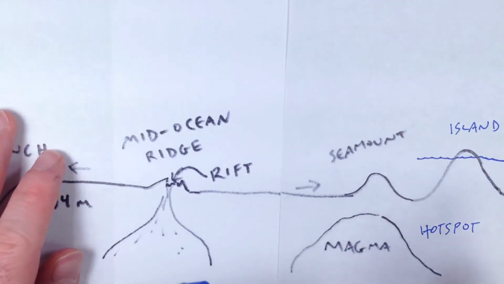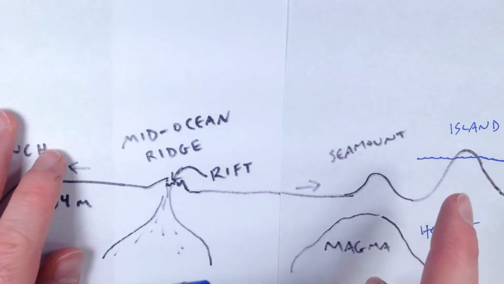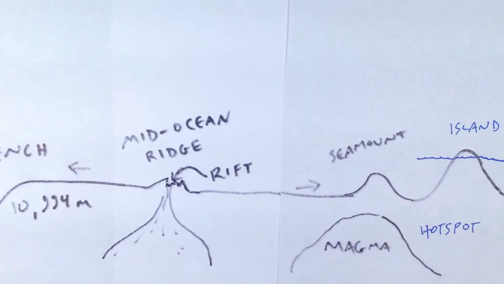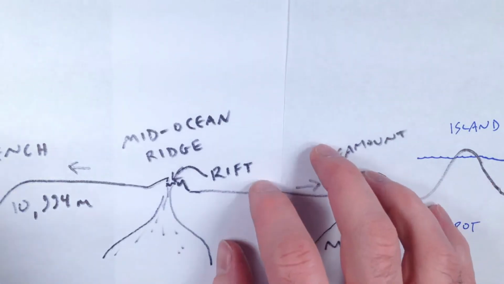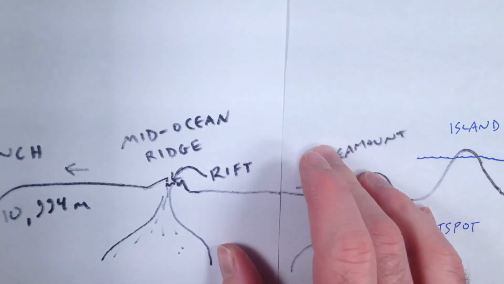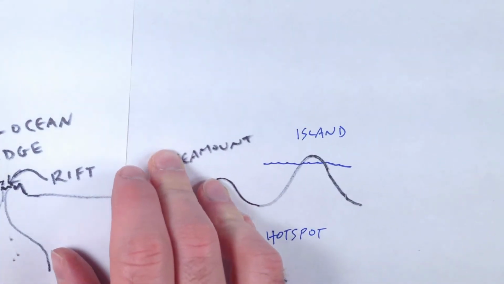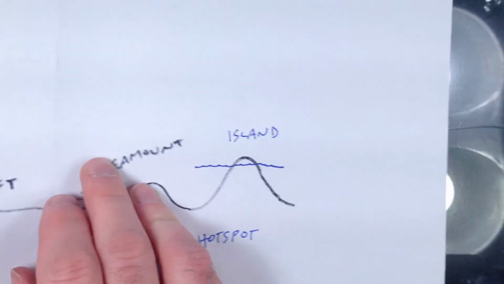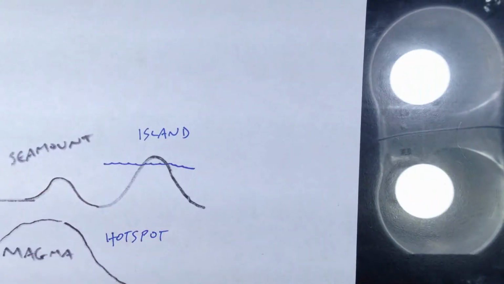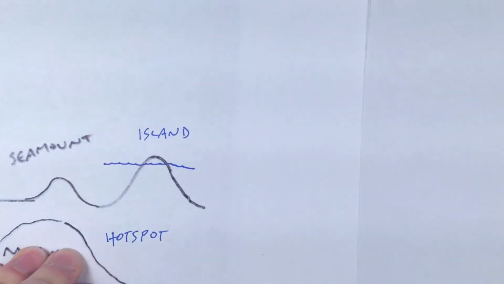Now, if that's true, then if we keep going to the right, we should find an even older mountain, one that the hot spot formed even before this one. So let's head over there. Let me get that way. Just doing my homemade animations here, because yeah, that's what I do. So we'd have an even older